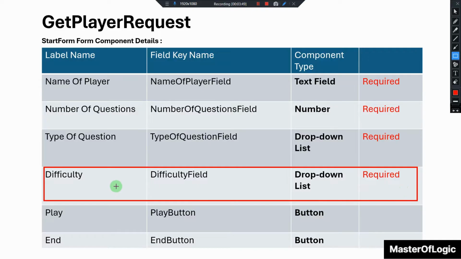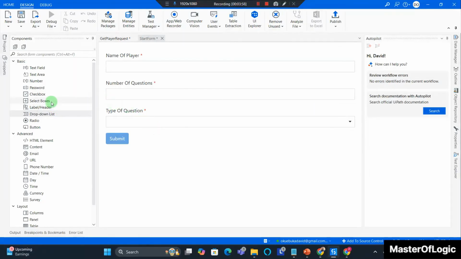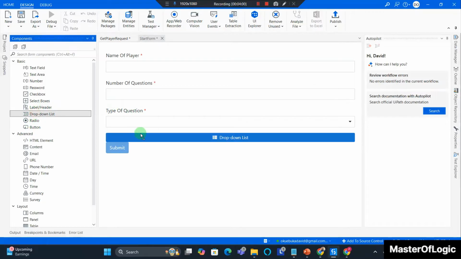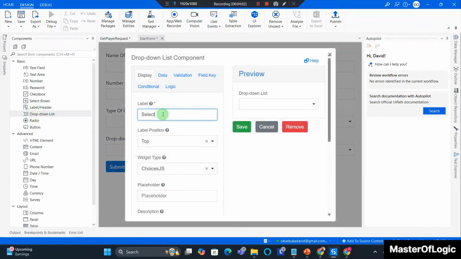Now we're going to add another field called difficulty. It's going to be a drop down list. So let's go back to a form to add this. So back to a form, I'm going to add another drop down list. Going to call the label difficulty,